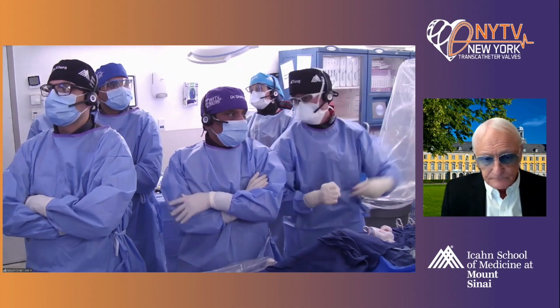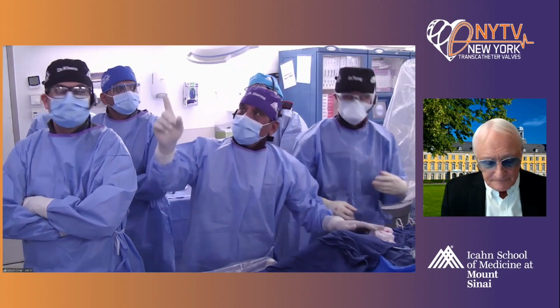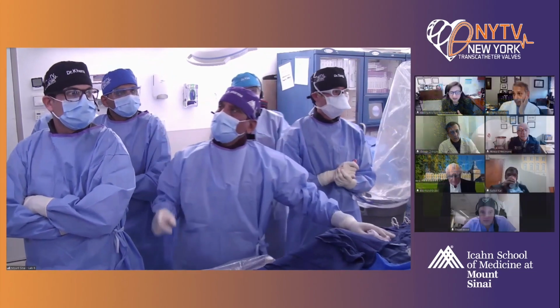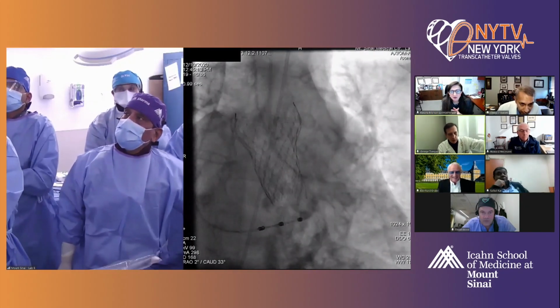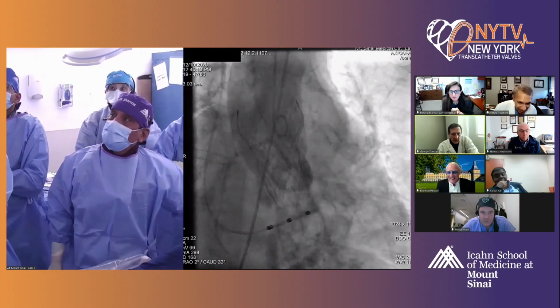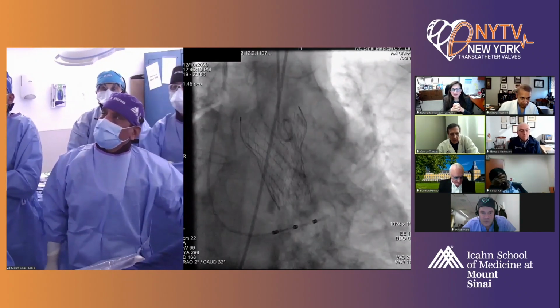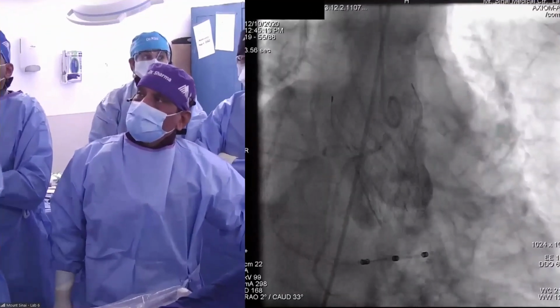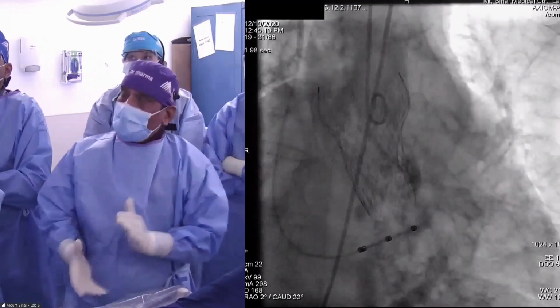Simon, what's the rhythm? Yeah, just show the last angio. So we just did the aortogram. Can we show the angio, but as you're showing the angio, one final aortogram here, Dr. Sharma is going to show us. One final aortogram, and there seems to be a small amount of PVL. There is a little bit of a leak. Perfect depth. Excellent. Of course it is perfect. And the valve is in position exactly.